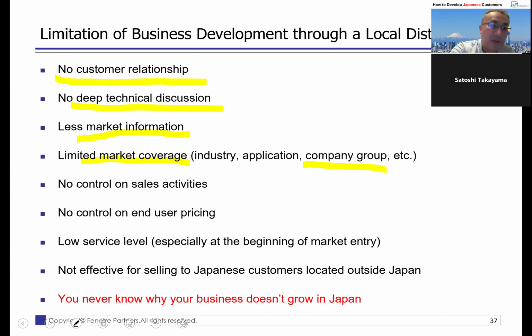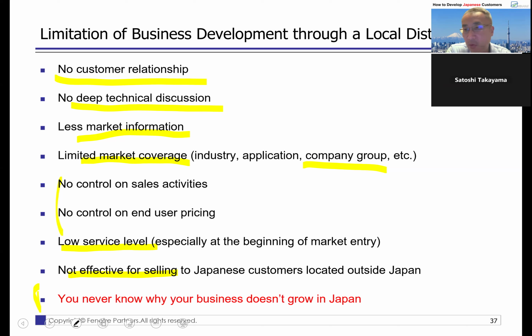And you can't control sales activities. Sometimes you never know the end user pricing. Your distributor may mark up by 50%, 70%. You have no idea. And the service level must be low, especially at the beginning. And your local Japan distributor is not interested in your Japanese customers outside Japan. And the worst thing is you never know what's wrong with your strategy for Japan if your sales are not growing